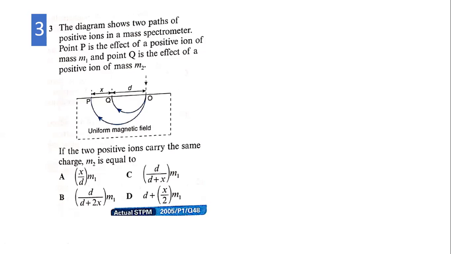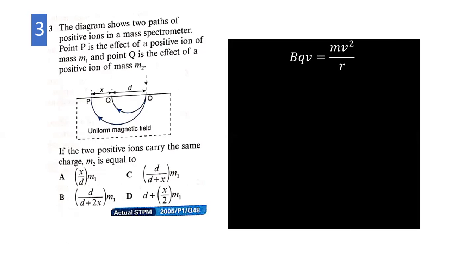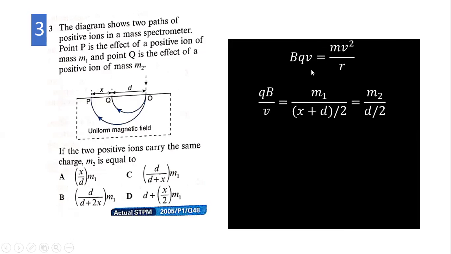What's the answer? D over D plus X. What's the answer? C. Right, let's see. If you can remember the formula, good. If not, go back to magnetic force equals centripetal force. Then you want QB over V, that one take down,